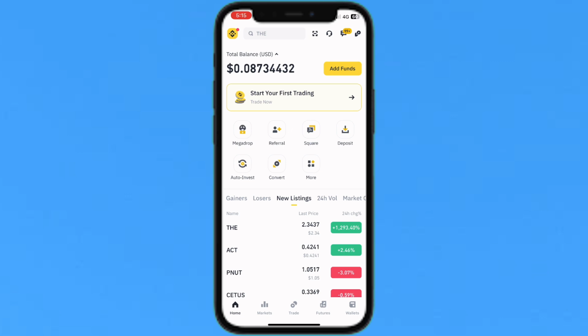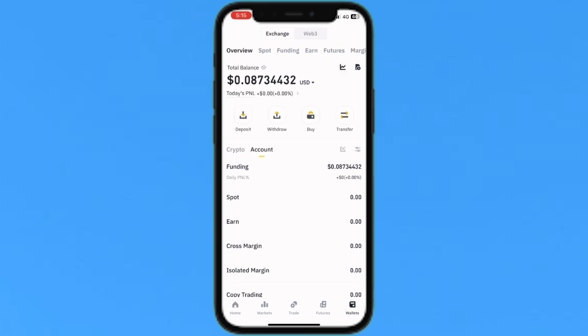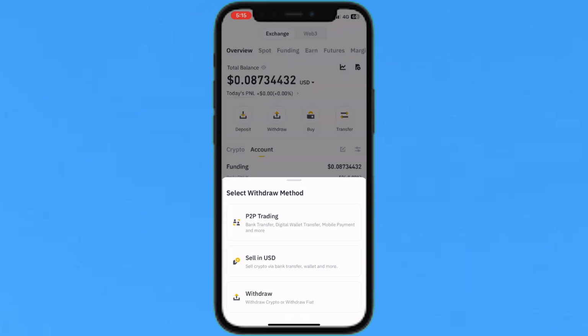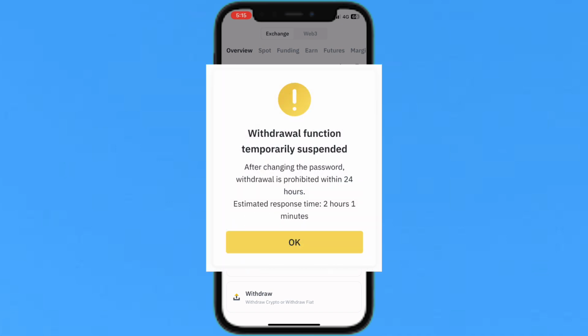I just tap on my account and log in, then I move to the wallet icon, which is in the top right corner. When I tap on it, here you will see under my balance is the withdraw option. Just tap on it, and sometimes you will see "withdrawal function temporarily suspended